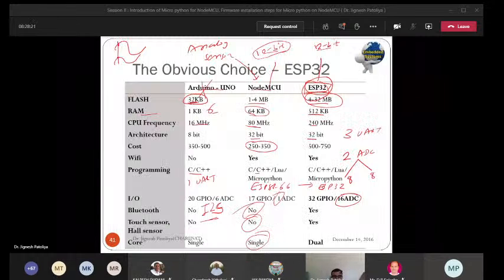So here I conclude that ESP32 is the obvious choice. If your student asks you, sir, which board I prefer for my project, initially, if you're thinking you need only one ADC, then purchase this NodeMCU. But if you want to incorporate Bluetooth facility in your project, or provide Wi-Fi facility as well, at that moment